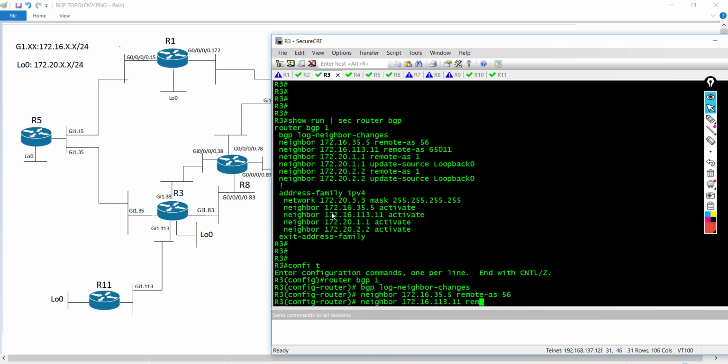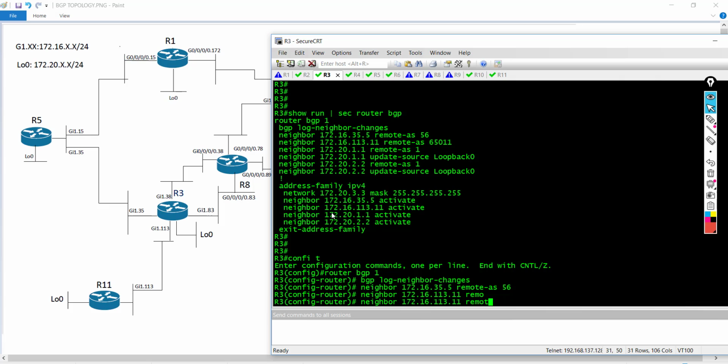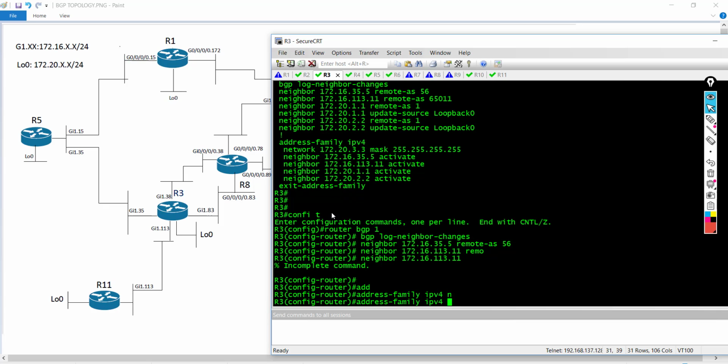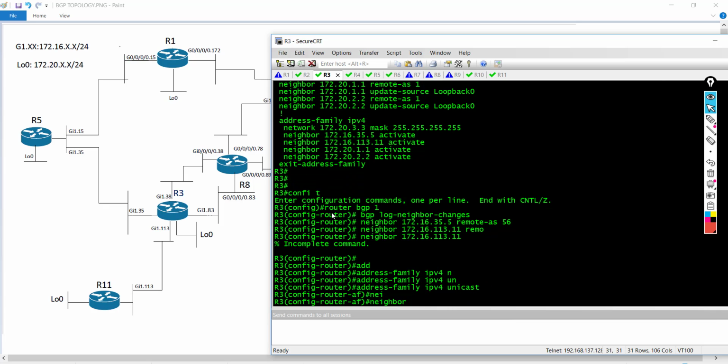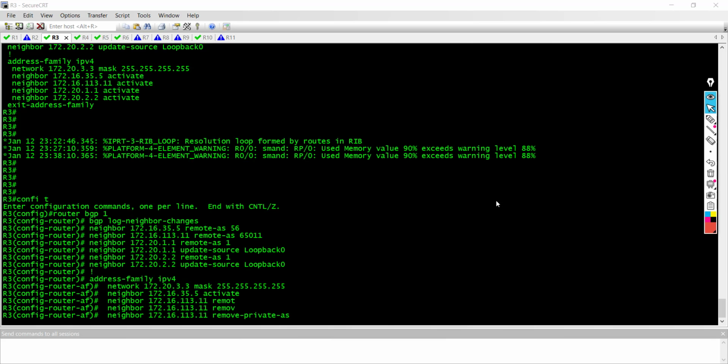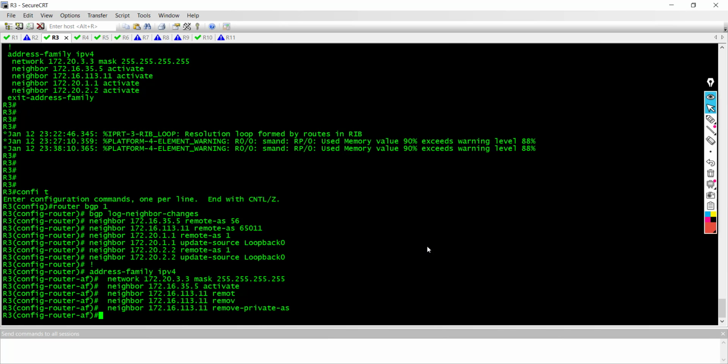paste. If I say remove private, not remote, I think I might need to go to the address family, IPv4 unicast. Okay, so I'm going to say for neighbor, which is this IP, I'm going to grab it again. Copy paste. So I'm going to say remove private AS. So what this does is going to strip. So as it is now, I'm going to say remove private AS. Okay, so if I hit enter, so what this command is really doing is